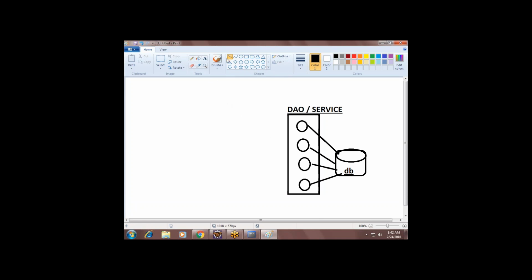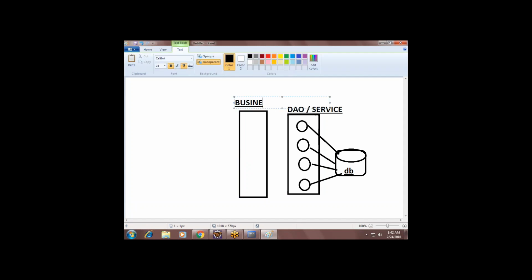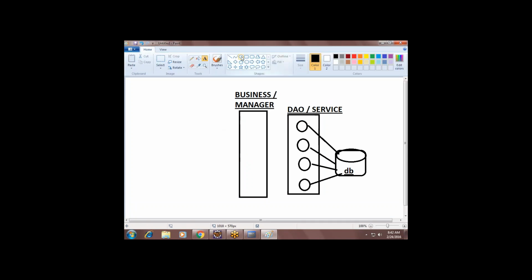Understand my point? Before that, there is another layer called the business layer or manager layer, which also contains methods.